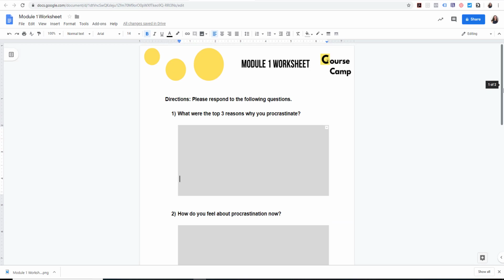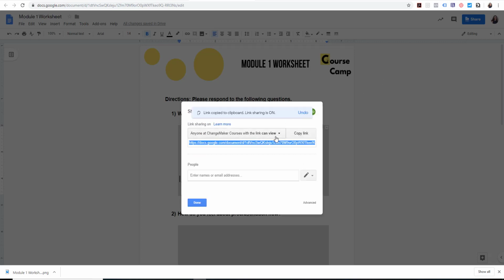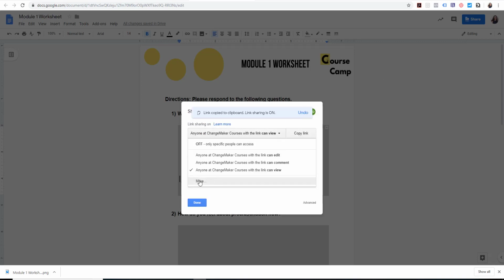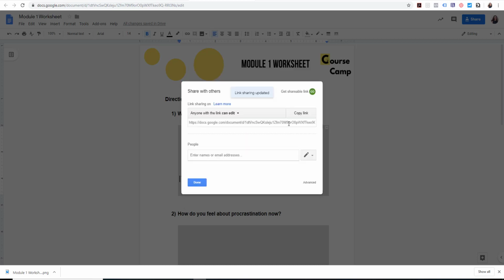And then what's nice about using Google Docs is then very easy to make this a shareable just in Google Docs. So I can get a link to share this, so I can click on Get a Shareable Link, and then what I want to do is select the option here, anyone with the link can use, and I want to change it so that anyone with the link can edit. So save that, copy the link, and then what I want you to do,